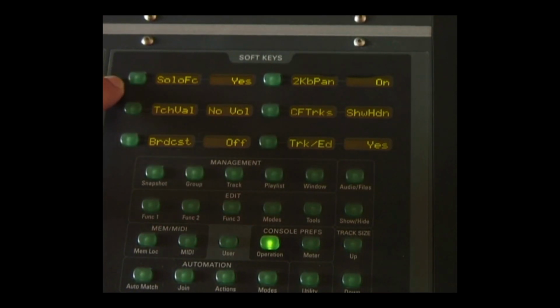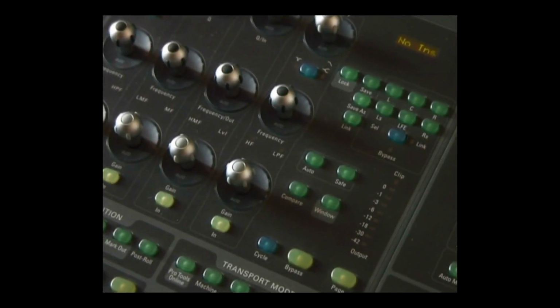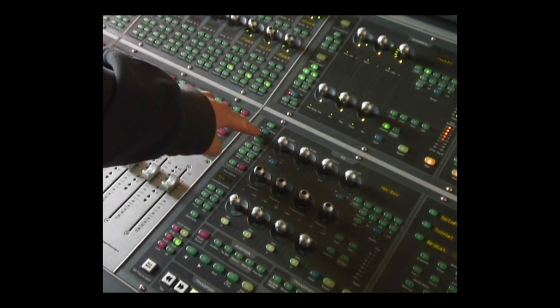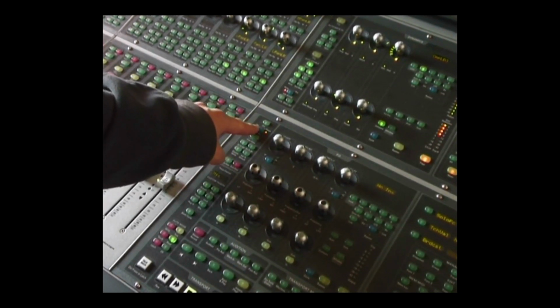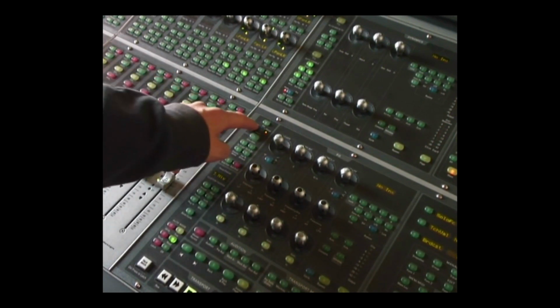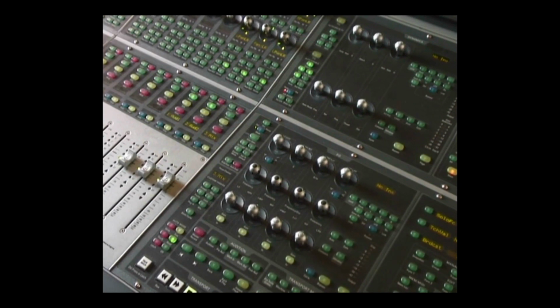That to me is a really intuitive way of working. So I always switch that on. Solo focus means that you don't have to keep toggling between the, moving back across here, so in here you've got the solo mode, the selection mode, whether you're in select or focus. Most people tend to operate in focus to move things into the middle of the board. With solo focus switched on, you can stay in select mode, which means I can select multiple faders, but when